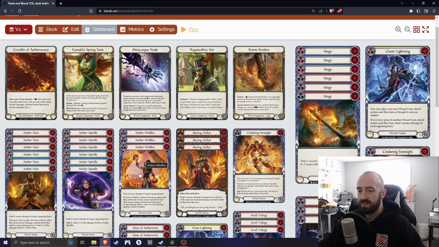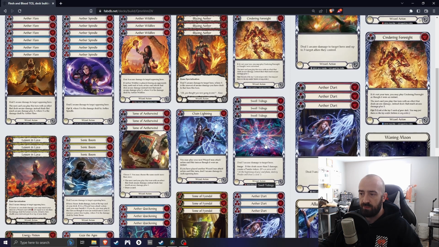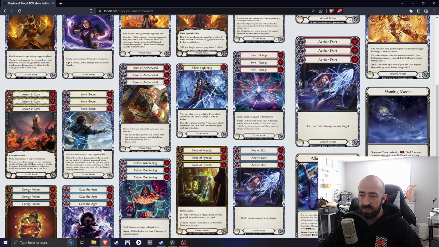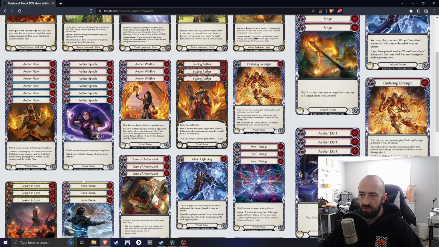And then as far as closing out the game, if you find your opponent has 5 health or less, what you gotta do is lean on your 2-for-5s, like red Swell Tidings, red Aether Spindle, even another Wildfire on your own turn, or Aether Flare, Sonic Boom. You have to make sure you have enough threats left to push them hard. And another good thing to do is